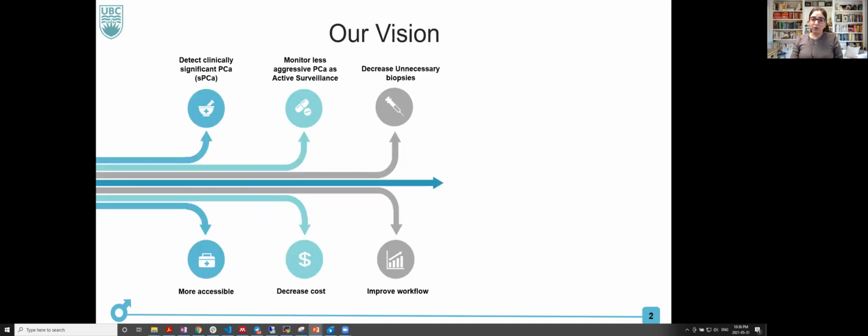So with all the issues in the current protocols, an ongoing challenge in prostate cancer patient care is the ability to distinguish aggressive cancer that has a very high likelihood of leading to metastasis from less aggressive or indolent cancer and benign tissue. Using the current technology, we are dealing with a huge amount of unnecessary biopsies and, of course,